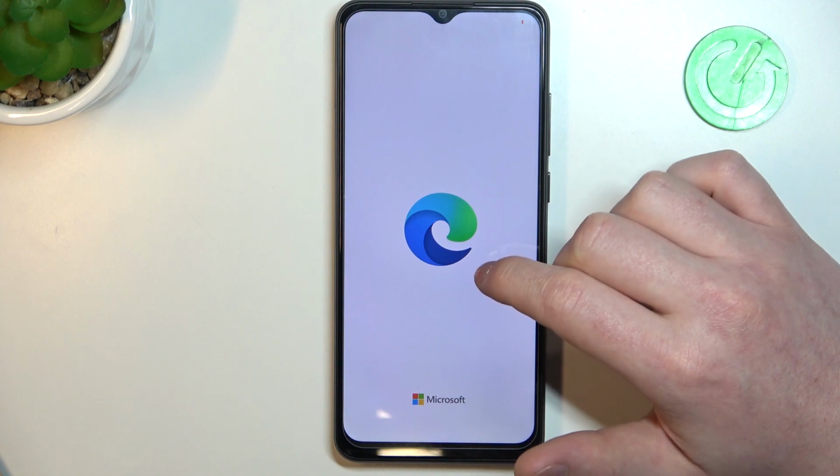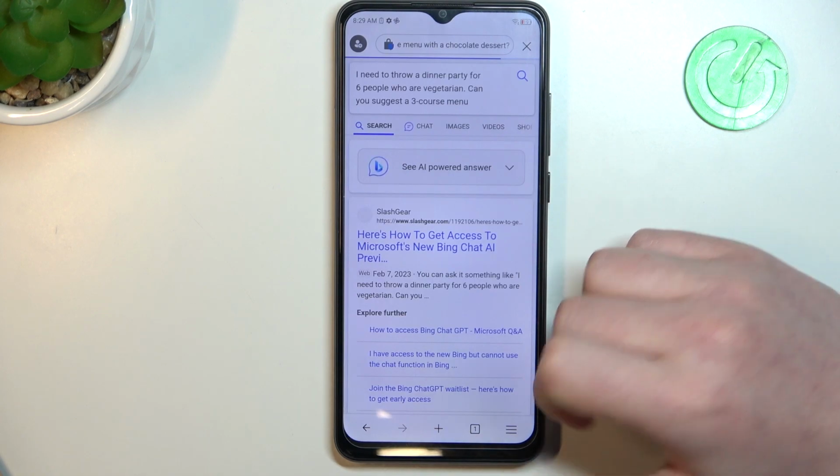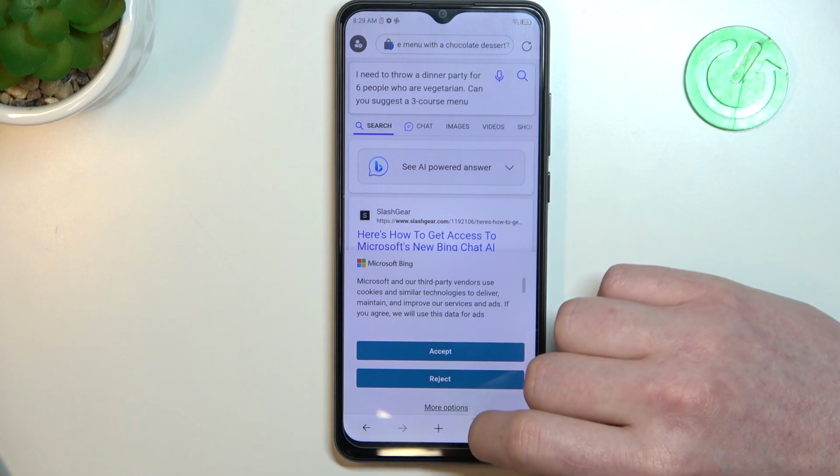Now the browser is ready, we can open any website. And as you can see, it works fine. And that's it for this